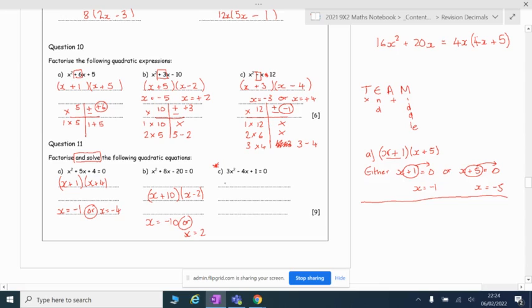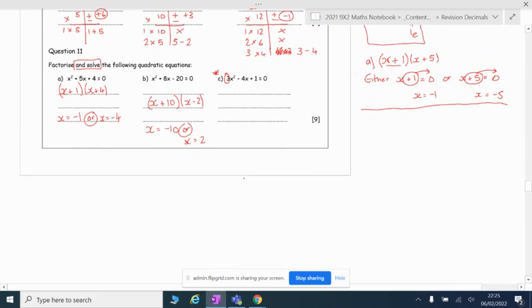So the big difference with this last one is the number before the x squared. If there's no number before the x squared, we just use TEAM. We're looking for two double brackets that are x plus or minus something in the first bracket and x plus or minus something in the second bracket. And I've shown you how to solve, okay? If there is a number there, there are two